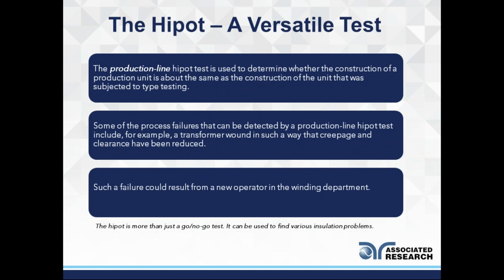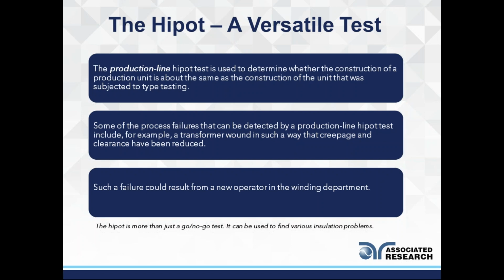Again, that's when the fully manufactured product is ready to be shipped out in the market. A production line Hipot test is performed with slightly different parameters, again based on the standards. But during the production line Hipot test, it gives us some really good information, and it determines whether the construction of a product or a unit is about the same as the construction of the product that was subjected to